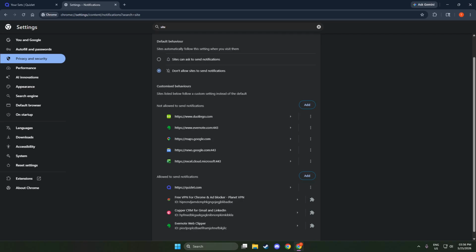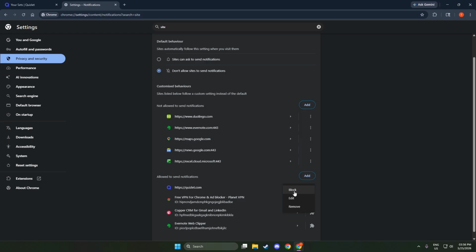Now it's time to dial back the noise. Turn off email reminders to stop periodic prompts from showing up in your inbox. Disable study notifications to prevent alerts related to sets you're studying, session reminders, or progress nudges. Then switch off class updates to keep class-related announcements from interrupting your day. Each of these options helps reduce clutter, and together they create a much calmer experience.